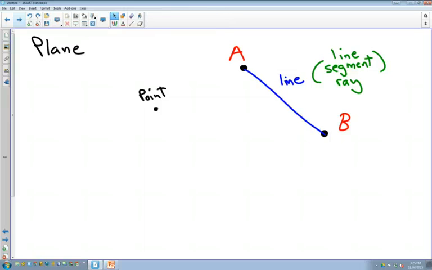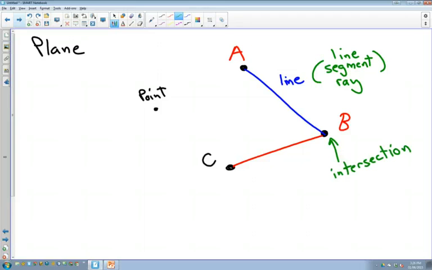Now, if we have a second line, so I'm going to make a C here. We have 2 lines, and they form a spot where they are connected, which is called the intersection point. That's the spot where they intersect. We form an angle. Okay? That's our angle. So from a plane to a point to a line to an angle, okay, we have the basic building blocks to then form a shape,